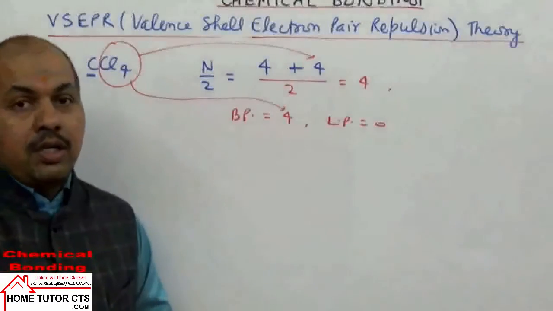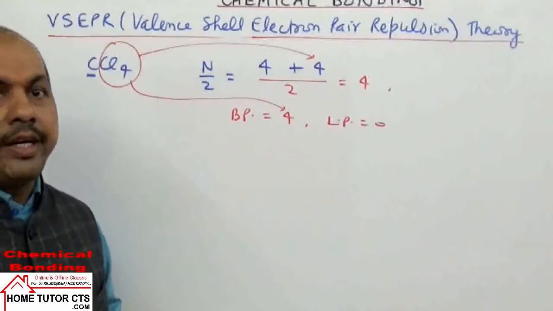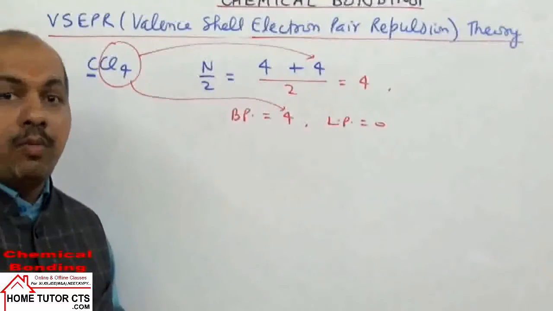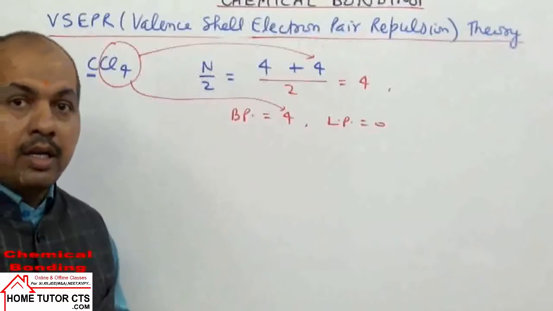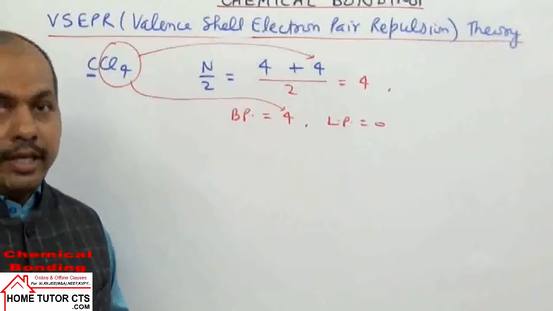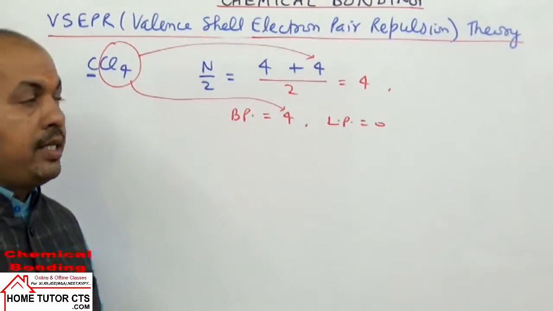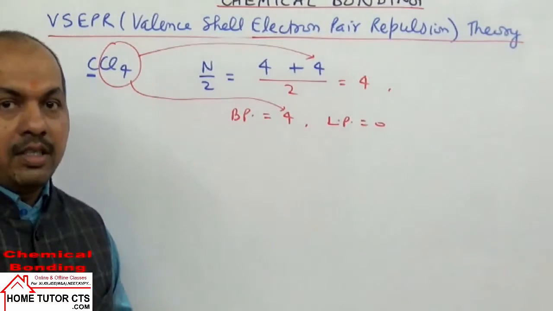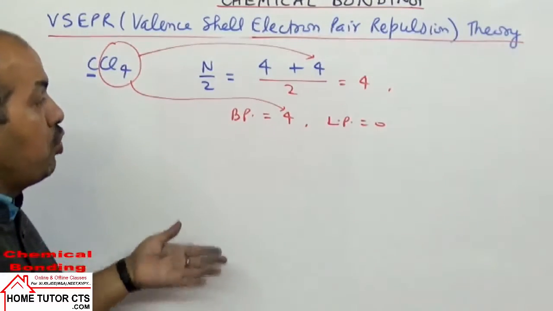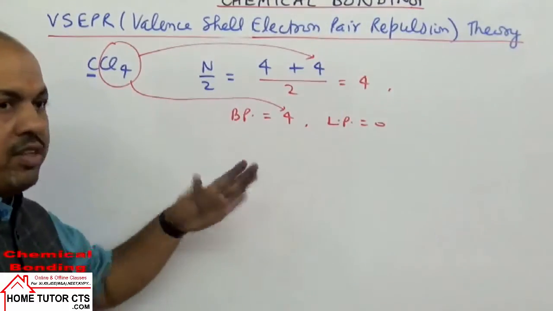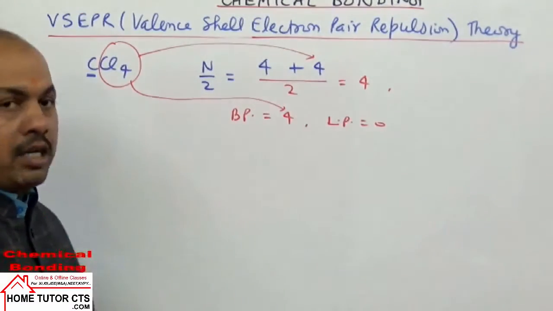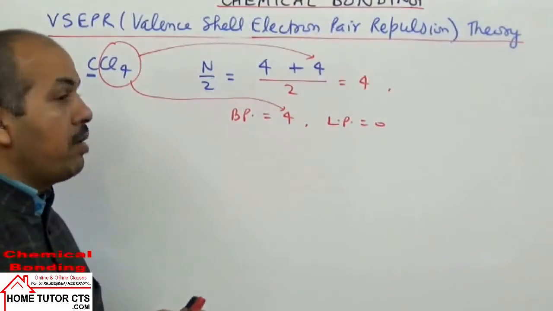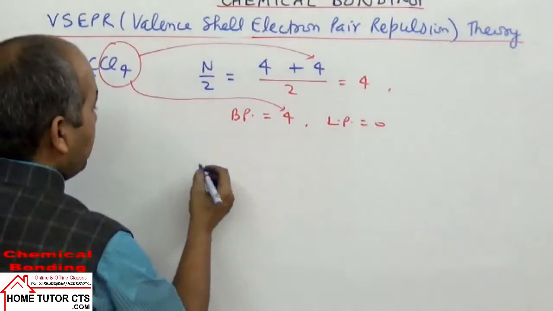Now when we have n by 2 = 4, what geometry is preferred? What geometry can the molecule have? One possibility is a square shape, where the angle will be 90 degree. Look, at first our angle was 180 degree. When we have 3 bonds, the bond angle becomes 120 degree. Now if we have 4 bonds, the bond angle becomes 90 degree. But this angle is less. So now the molecule will shift to a 3D structure. In the first two cases the atoms were in the same plane, but now the atoms do not lie in the same plane, they will have a 3D structure. So when we have n by 2 = 4, the geometry will be tetrahedral.